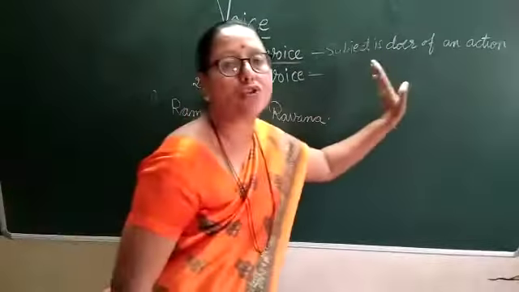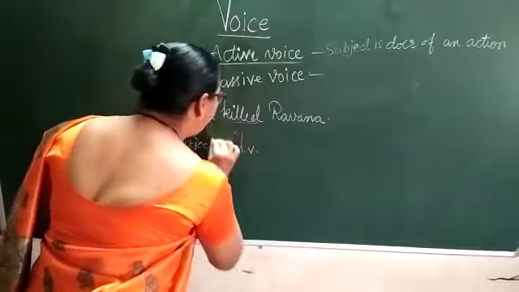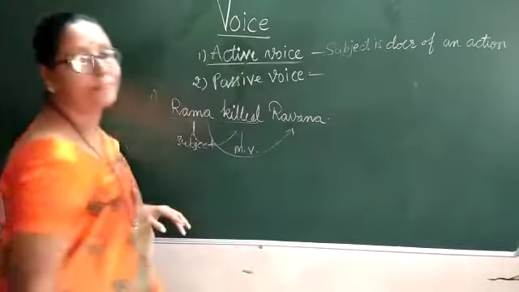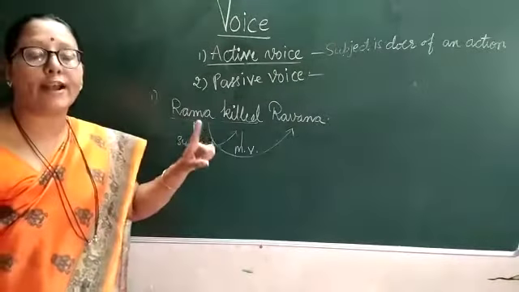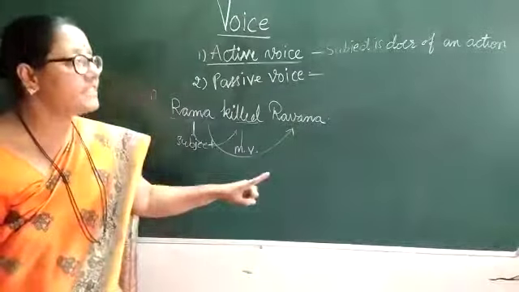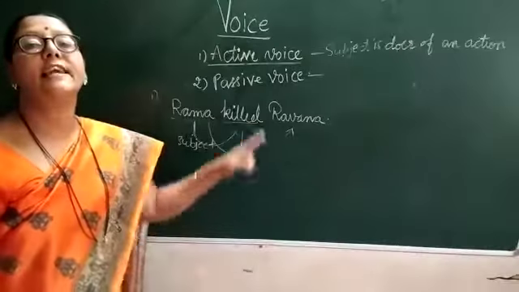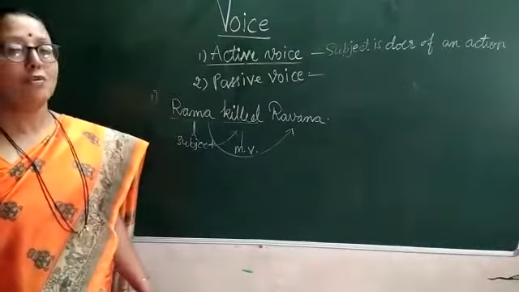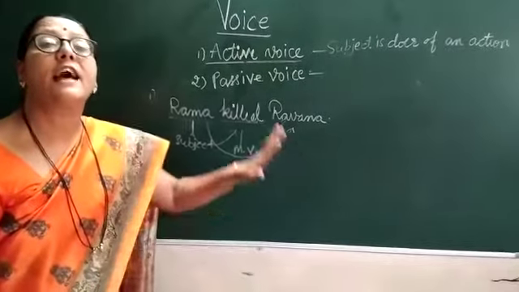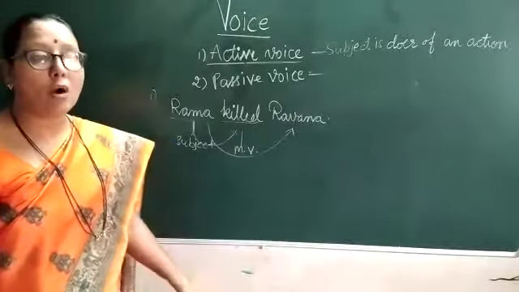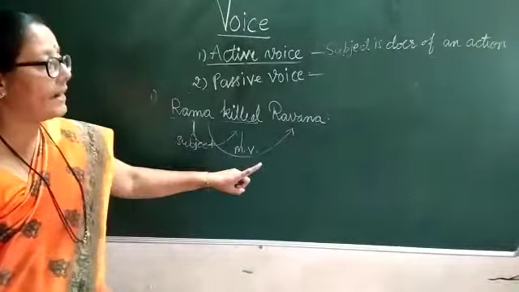See here. Who did the action? Rama did the action. Which action was done? Killing action. To whom did he do it? He killed Ravana. When the subject is the doer of an action, we say the sentence is in active voice. What are we telling at the time? We are telling that the sentence is an active voice sentence. How can we find out? We can tell that